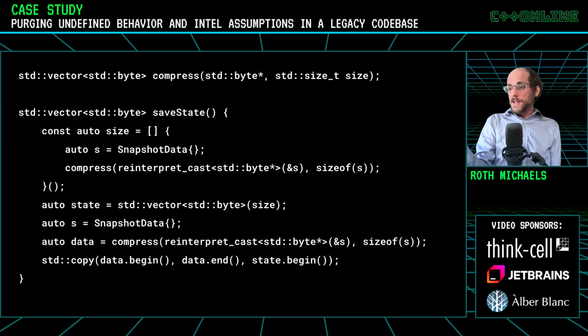we use that to get a size of, like, okay, if we compress this, what size will it be? Then, for legacy reasons, getting some APIs to dance together, the code is written to then compress the data again, and then copy that data into some vector that's the size that was pre-computed by the first compression.